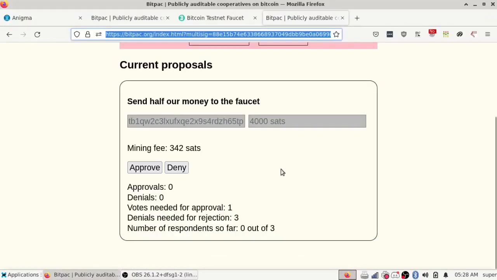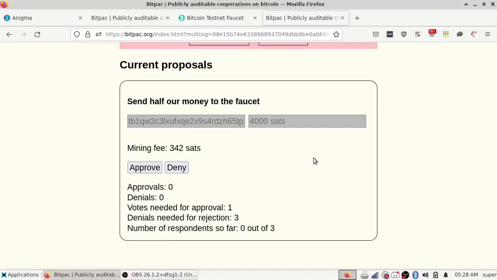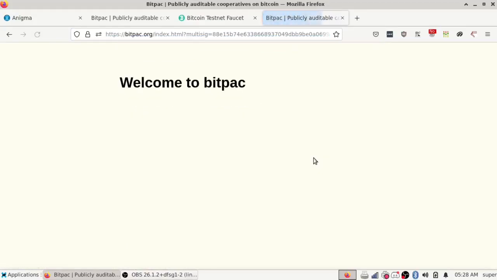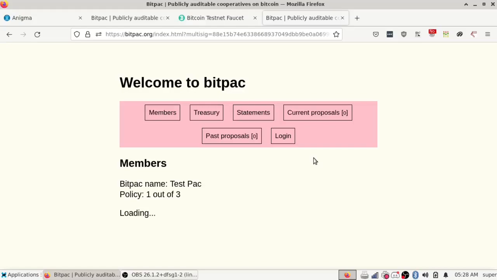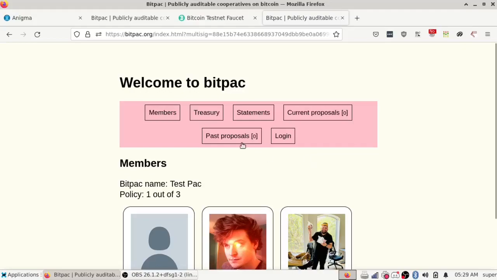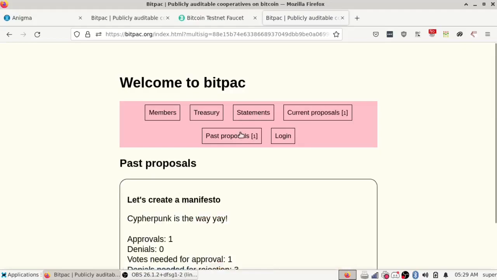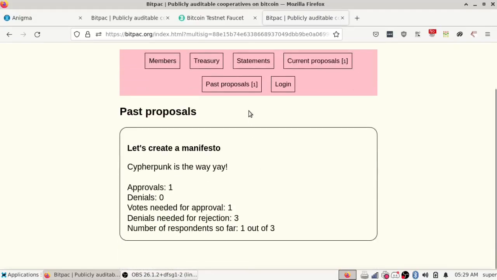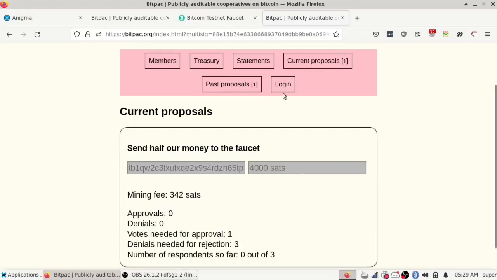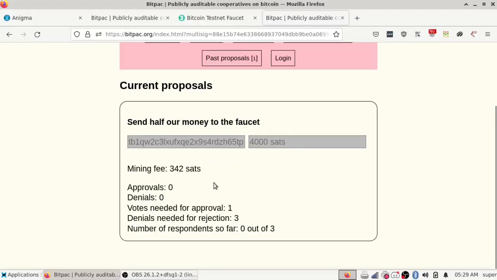Okay, so I do have a key, so I get approve and deny buttons, and so let me just show you what happens with an approval here. So I'm going to approve this one, and the page should refresh. And then after it loads, we should get to view. It should go into past proposals, and a transaction should be created on Bitcoin. Yep, there it is. There's a past proposal right in here. Oh nope, that's the manifesto one. So over here,